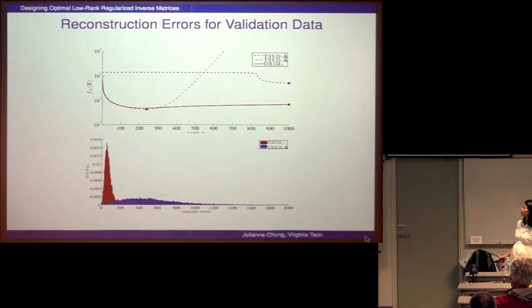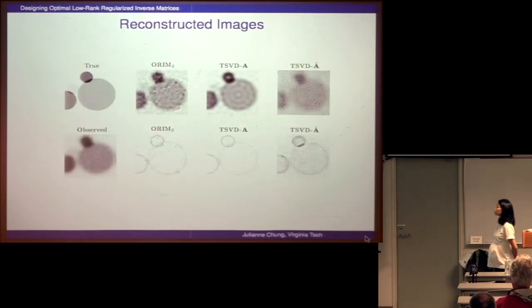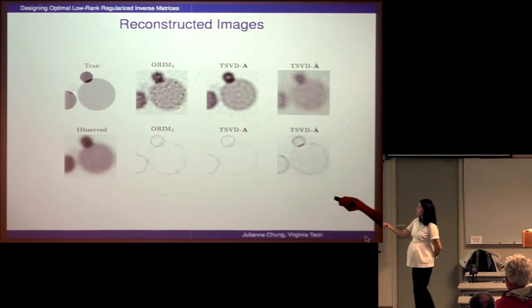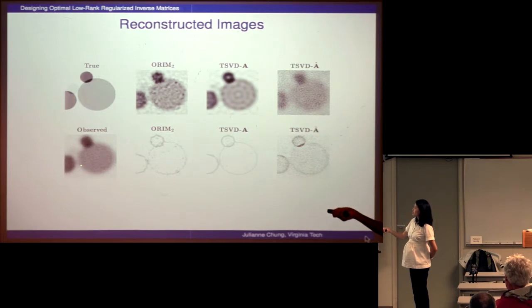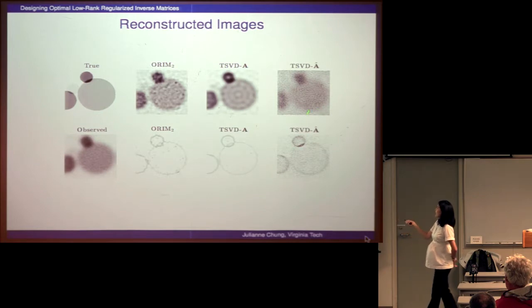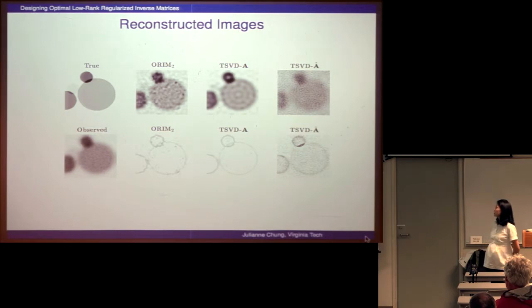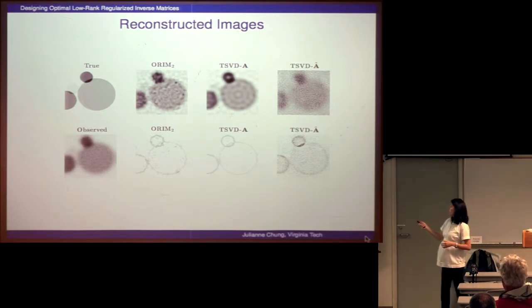But yes, you're right. And then here are some of the reconstructions. This is one of the validation images, the observation. These are the reconstructions for ORIM2, TSVDA, and TSVDA hat, and the error images, again, in inverted color mapping. You can see that TSVDA can give a good reconstruction, but it requires us to know A. ORIM2 allows us to use training data in lieu of knowing the A matrix, and we were still able to